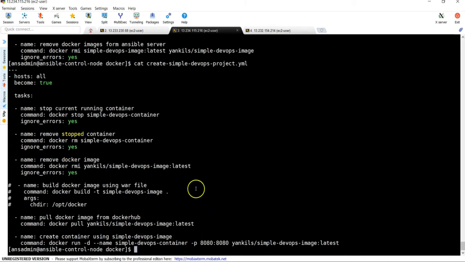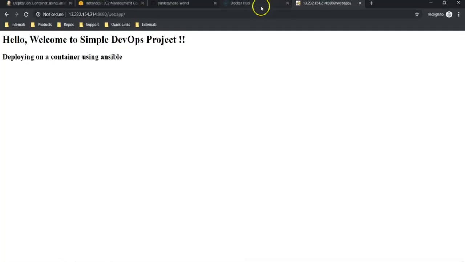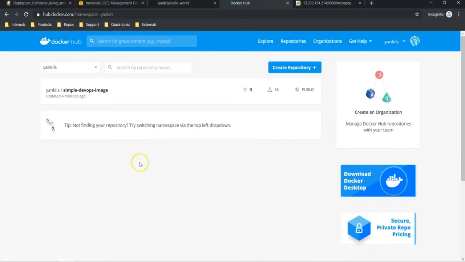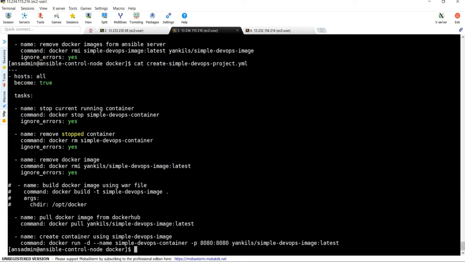Okay, before executing these playbooks, I will just show you the Dockerhub. So this is our Dockerhub. If you see our Dockerhub, there are 48 commits so far, and the last image was updated 8 minutes ago. Now I'm going to run our Ansible playbook,